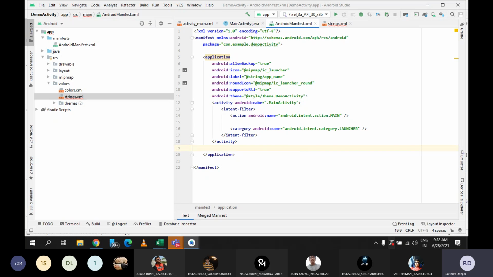So ultimately you need to register all the activities here. If you have not registered your activity, then you may not be able to switch to that particular activity. So it must be there in the Android manifest file.